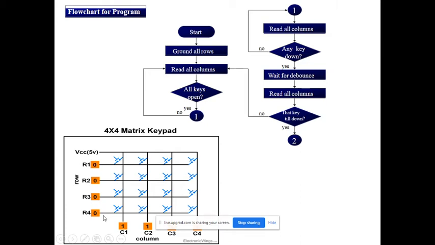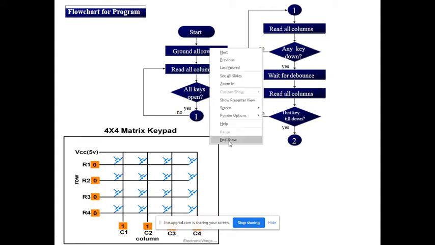Means scanning is done by making the respective row 0 and verifying whether any key from that row got pressed or not. Now how to verify that? For that, read the column. Suppose the column status is all 1, which indicates that no key from that row got pressed, and suppose your column status is other than all ones, that time declare that a key got pressed from that respective row. All of you agree for this concept? Otherwise I will repeat.